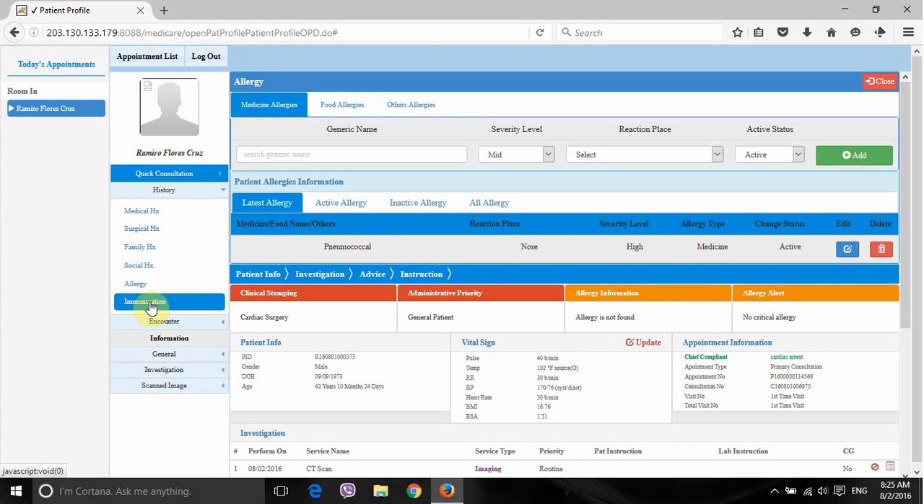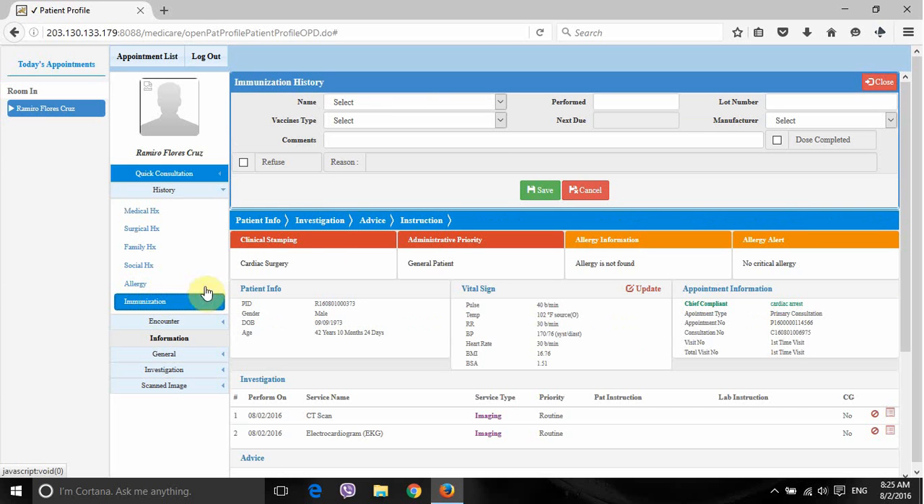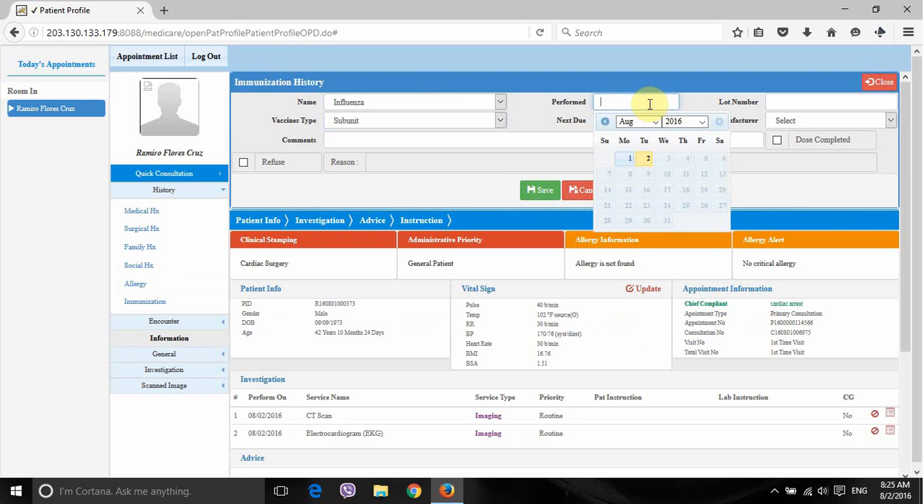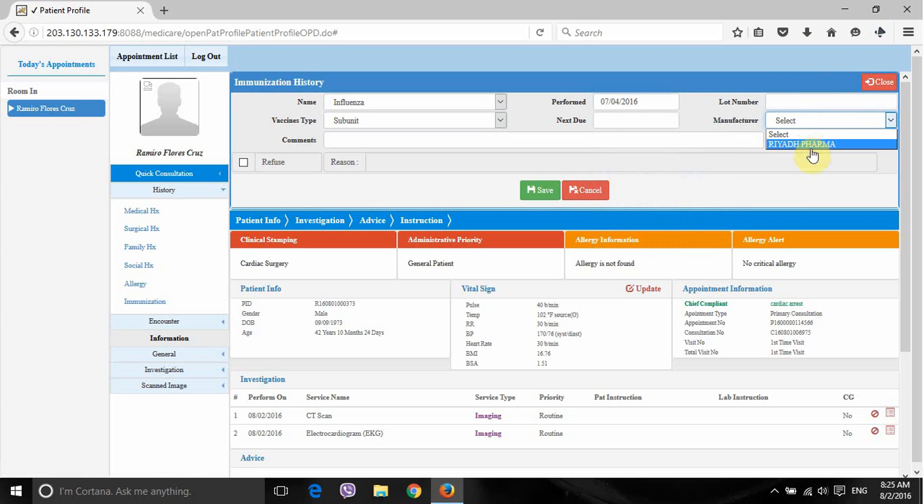So after the allergy, we move on to the immunization: the type of immunization, or the immunization history of the patient. Probably the patient was treated for influenza and given influenza immunization, and who performed it, when was it performed. We're going to give it a specific date. Who was the manufacturer? We just give the manufacturer of the